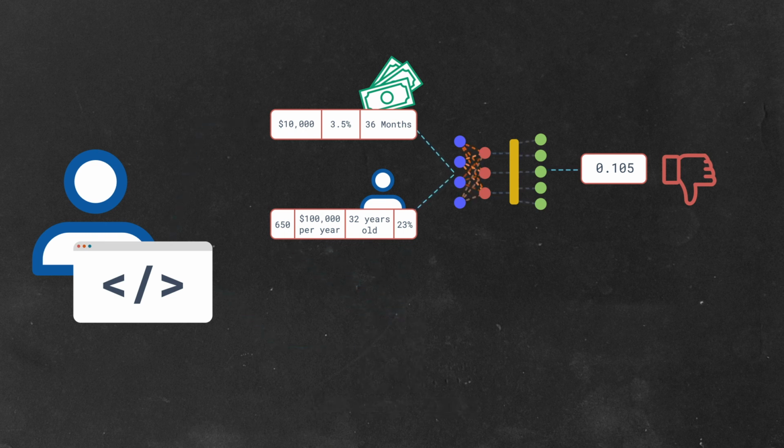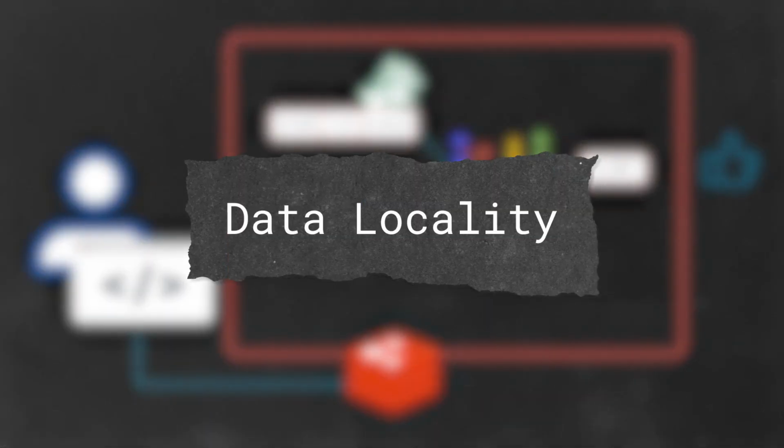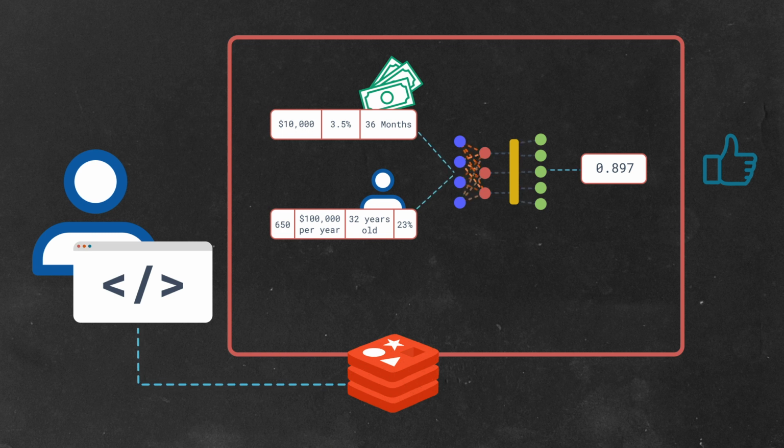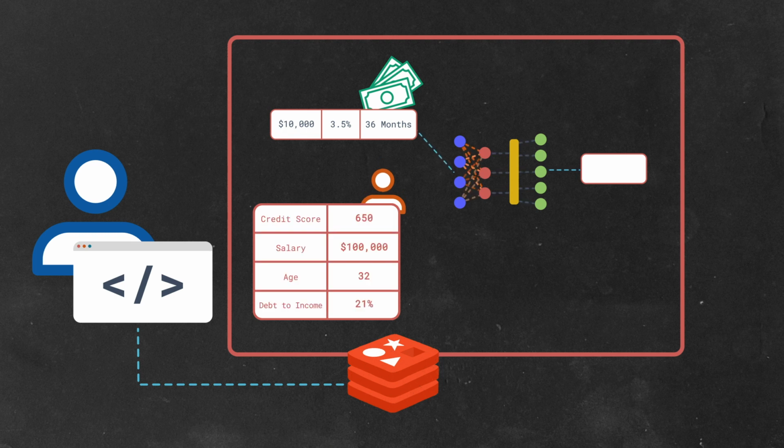But, and this is important, Redis is a data store, an in-memory data store. And if our customer's banking records are already in Redis, the retrieval step can happen within Redis. No network, no disk, just memory. This is called data locality, and it gets us a huge performance boost. So how do we take advantage of data locality with Redis AI? After all, while a customer's banking records might be in Redis, they probably aren't stored as tensors ready to go for a particular model. Well, that's a big question, and a topic for a future video. But the short version is that we use Redis Gears, which is another Redis module, to load the data you already store in Redis into tensors for a model to consume.